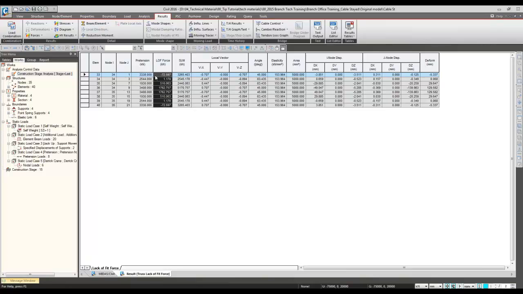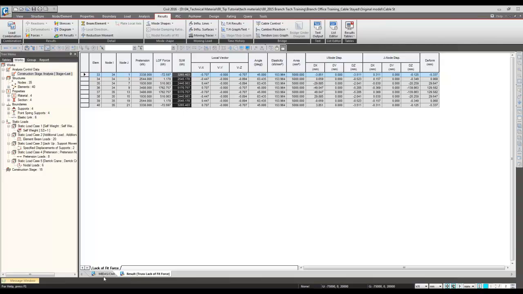And this value is the Lego fit force calculated by the program using the deformation of the cables. And this summation, which is the sum column, these values were applied in the analysis. So this value is the one applied pretension load, and this is not the